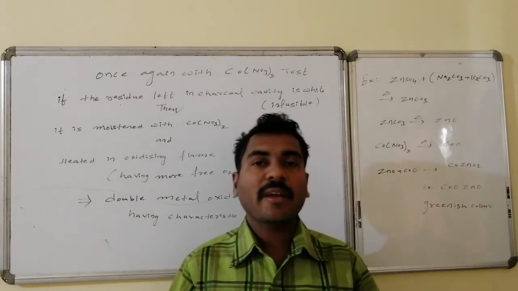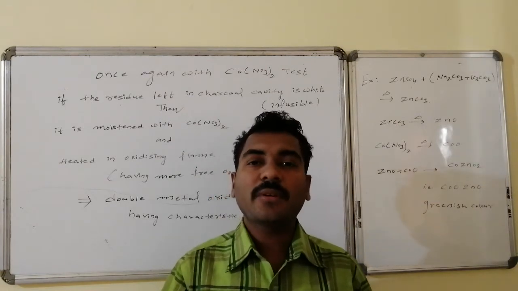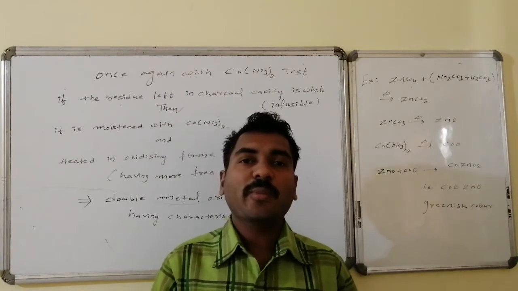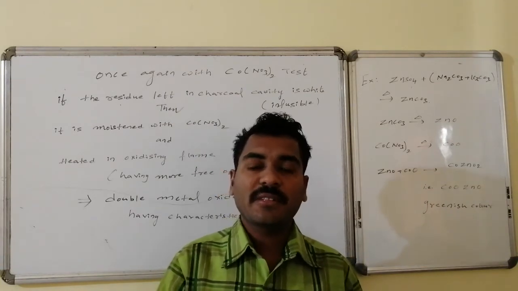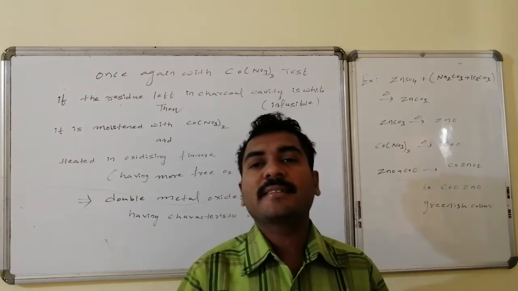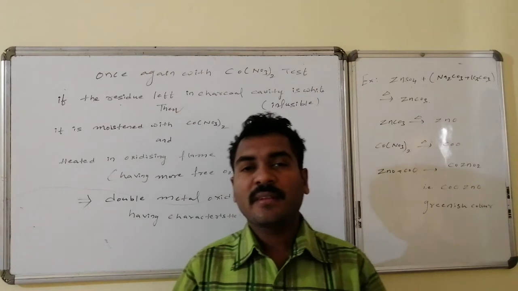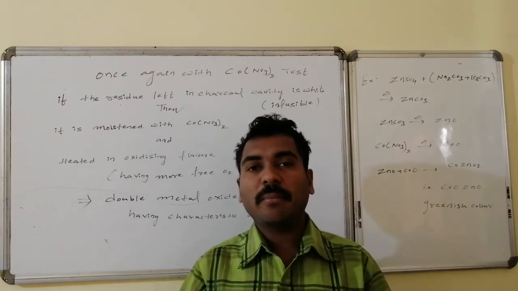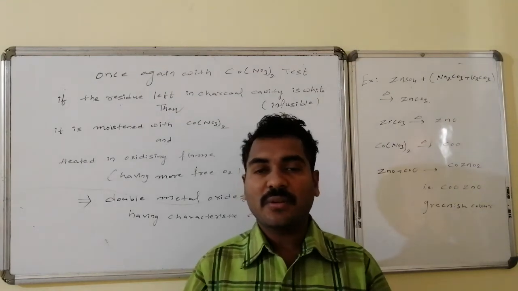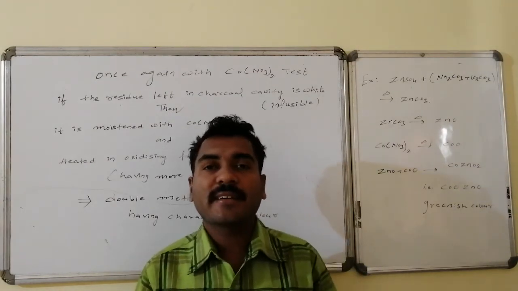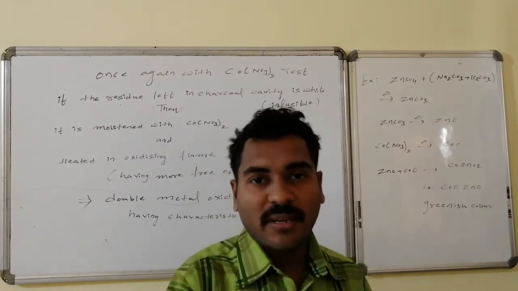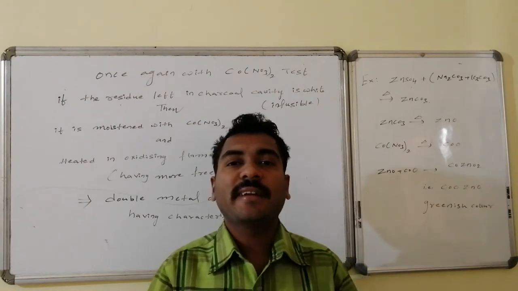Whereas within the charcoal cavity, the white infusible residue is covered with moistened cobalt nitrate, 1-2 drops of water added to the solid cobalt nitrate, covering the cavity, and then that is exposed to the oxidizing flame. As a result, a combination of the metal oxide and cobalt oxide in 1:1 ratio occurs, which has its characteristic color. Thereby, whatever metal oxide is present is generally identified.